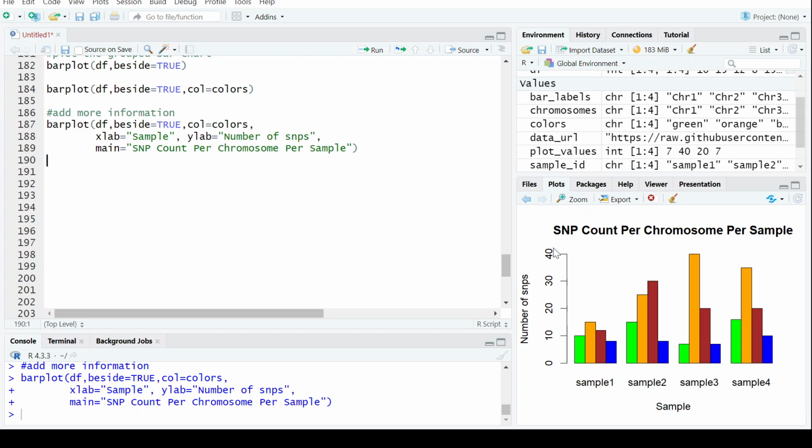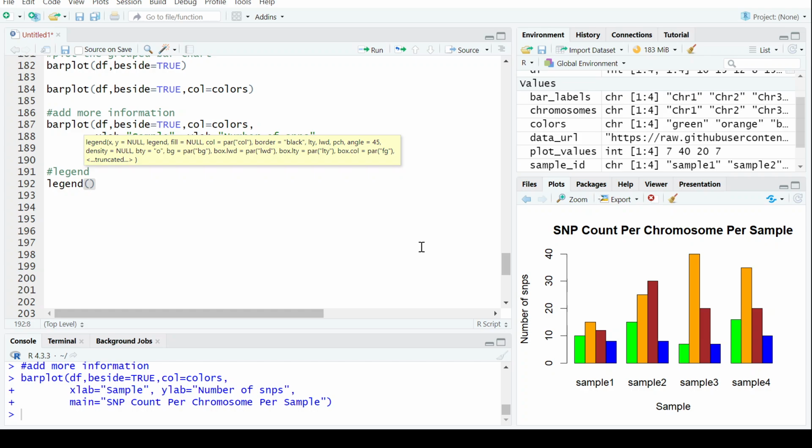Okay, now we have the colors, but which color belongs to which chromosome? We are still unsure. So we need to add that information. So that means we need to add a legend. All right. So to add a legend, what do we say? We say legend. We specify the location. I'll say top left,